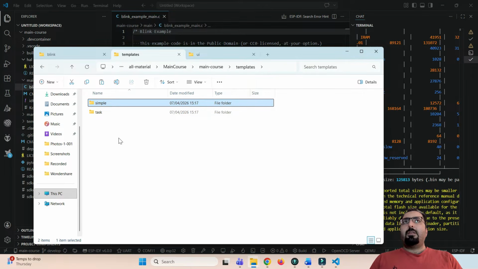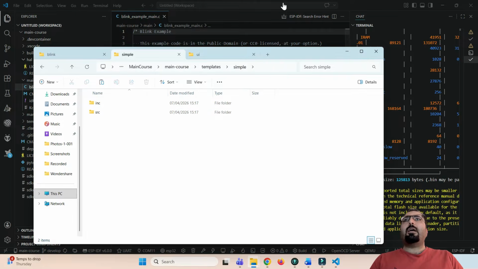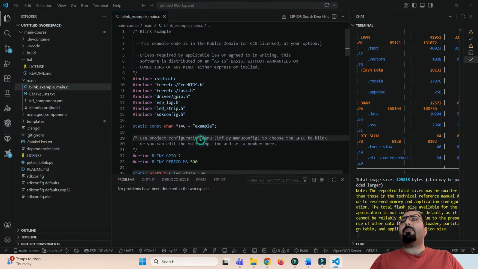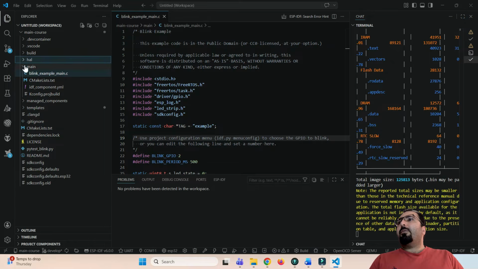And the difference in these templates for me is that the simple templates have initialization and deinitialization, and the task templates have a start and stop function. So by looking at those functions, I will know that this module has a background task, the other module doesn't. Again, these are the things that you have to define the way that you're more comfortable with, but I'm going to go with this simple one and start creating my first